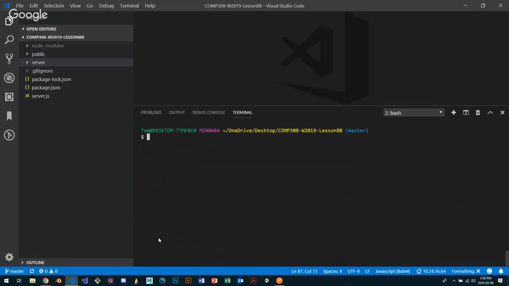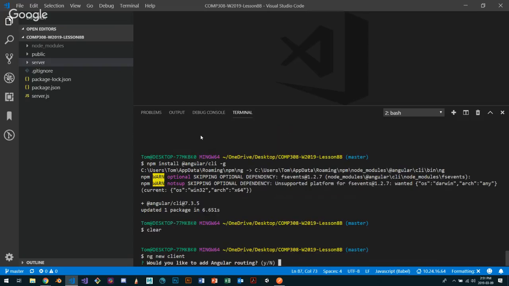There's a couple commands. One of them is ng, that stands for Angular, space, new. We want to make a new project. Now we're sitting inside, just letting you know, we're sitting inside of this project right now. We're inside of the folder that's housing the Express server. All right, we're on the root. You can see the server.js is right here. So what I'm going to call this is, I want to call this client. So the client aspect is going to be put inside of a client folder inside of the same folder that Express lives in. So if I press enter, it's going to go out to Angular, and it's going to ask